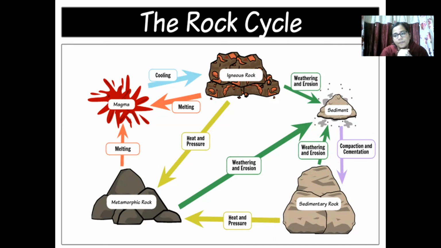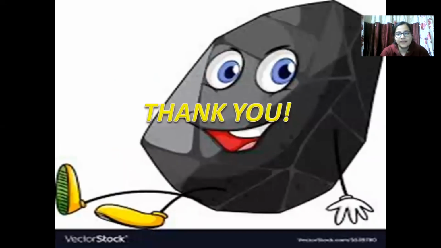thereby the name of this image is rock cycle. Okay, that is the end of this session. I hope you people have liked it. I know it was a very elaborate session, but it has to be, I cannot leave out any topic untouched. I tried to cover most of the portion of your NCERT by including certain details which I thought is important for you at this stage.